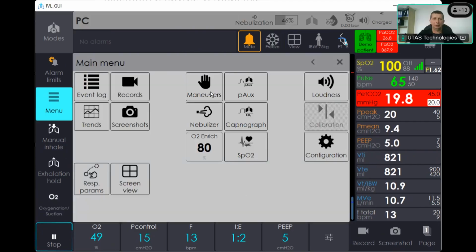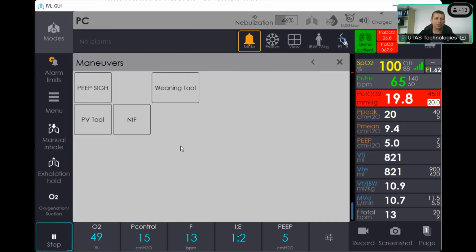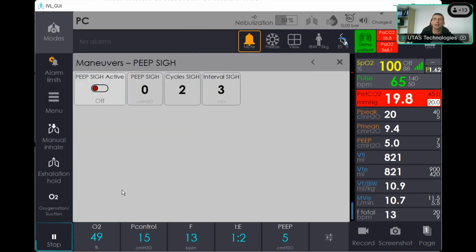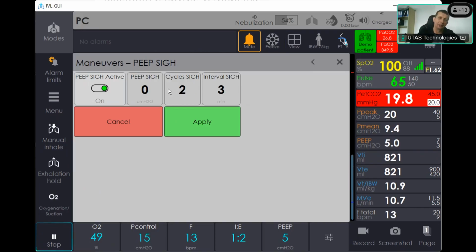The next part is maneuvers. Here we have additional maneuvers and tools in the hands of the doctor, who has the possibility to perform some additional diagnostic procedures or additional settings for the existing ventilation mode in order to achieve some goals. The PIP-PSI maneuver is for prevention of atelectasis, or in other words, it can be considered an automatic recruitment procedure, where the patient is periodically inflated a little bit higher in order to eliminate atelectasis in the patient's lung, to eliminate collapsing lungs during